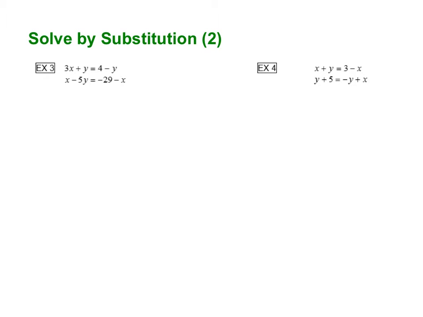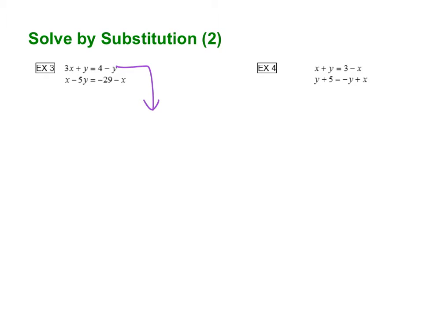All right, so we're going to solve by substitution again with these two examples. Example 3, to me, I look at it and it kind of looks like a mess. I see variables all over the place, and we just want to clean this up before we do anything, really. So the first equation,